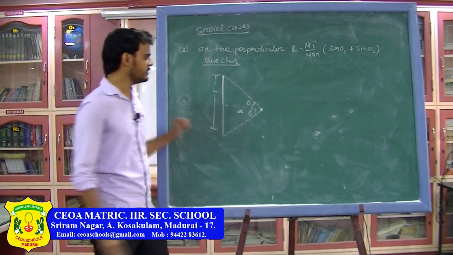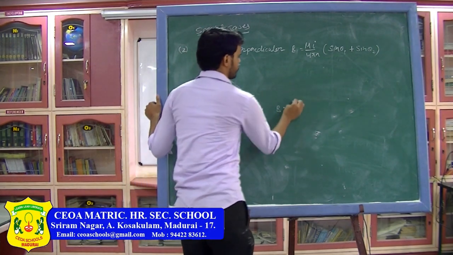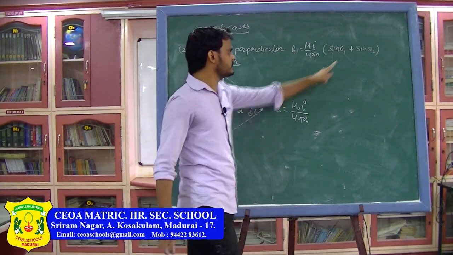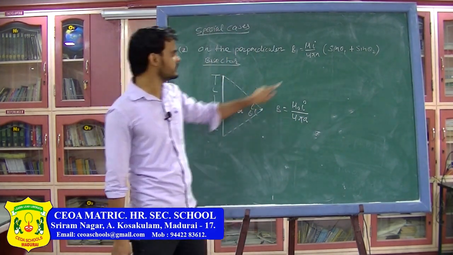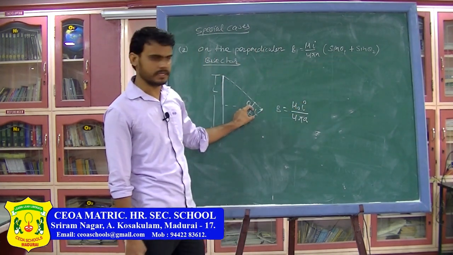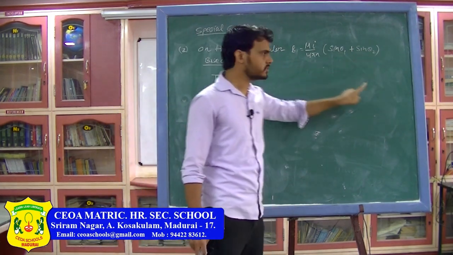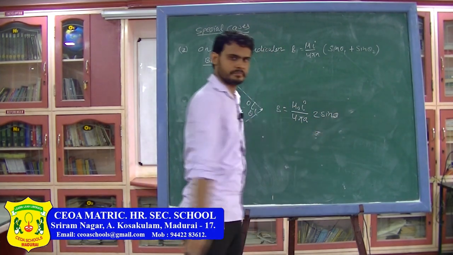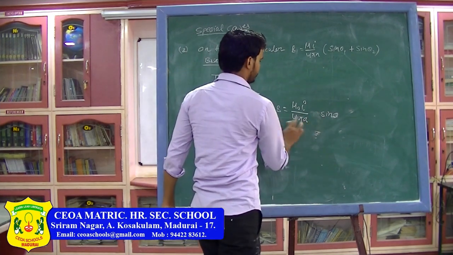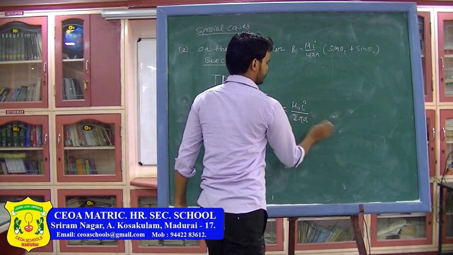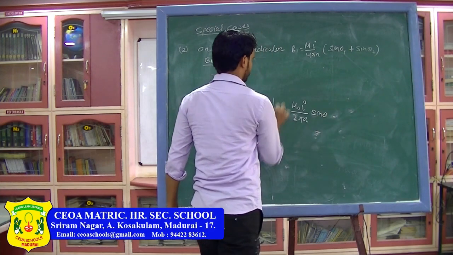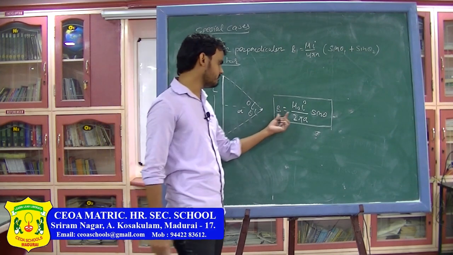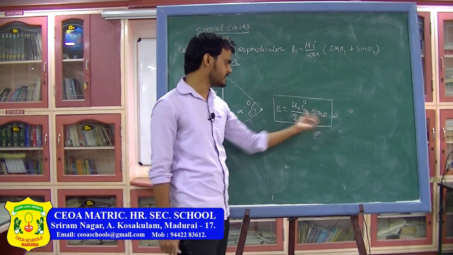So now here the magnetic field I can write as mu naught I divided by 4 pi a. Instead of theta 1 I can keep theta, instead of theta 2 again I can place theta. So this will be sin theta plus sin theta, which is equal to 2 sin theta. So I can write 2. So if the point is on the perpendicular bisector of the wire, the magnetic field can be written as mu naught I divided by 2 pi a, sin theta.